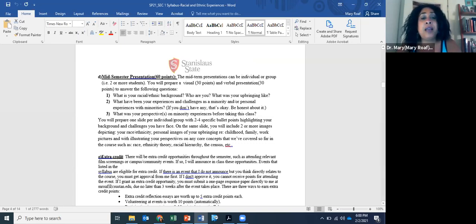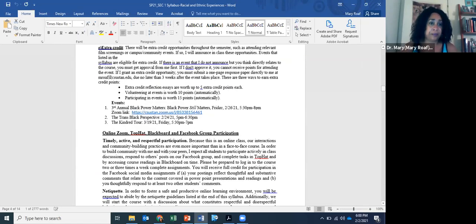As I said, there are many opportunities for extra credit because learning is not just confined to formal schooling or formal education contexts. First and foremost is events. Because of Zoom, they can be events that are international or national. They can be community-based events in any of the organizations you're involved in on campus or in the community, as long as they somewhat connect to this course, which pretty much everything does.